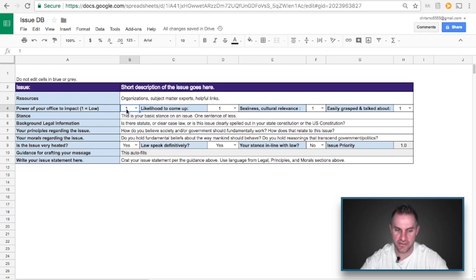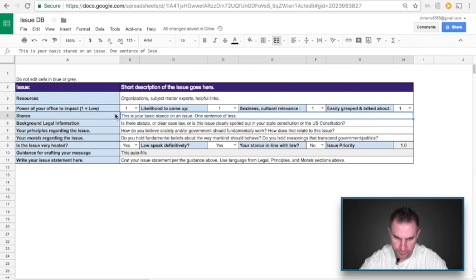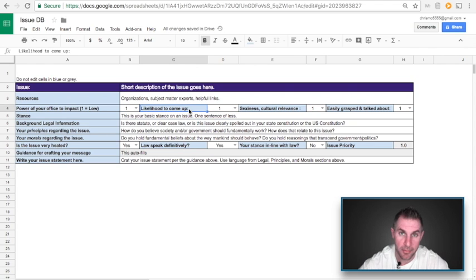So on a scale of 1 to 5, with 1 being low, the power of the office for an impact there would be a 1. Next criteria here, likelihood to come up. How likely is someone going to ask you about this? How likely is this going to be discussed in your campaign? South China Sea and Yuba City Council, probably unlikely. So that would be a 1 as well.